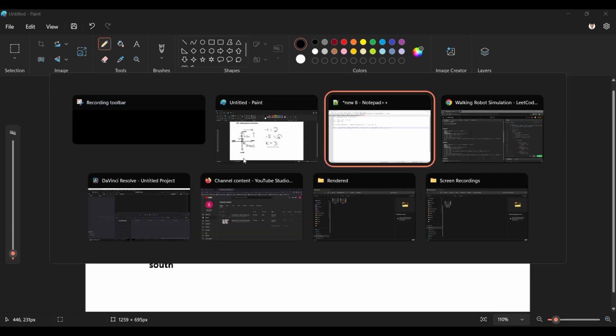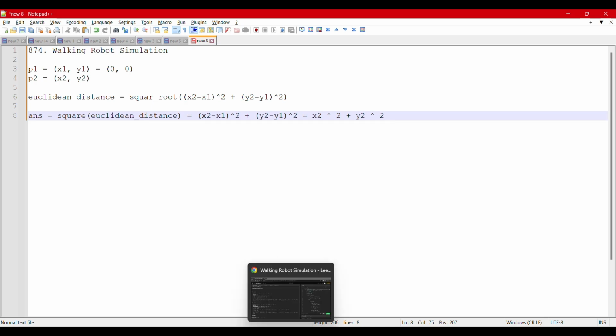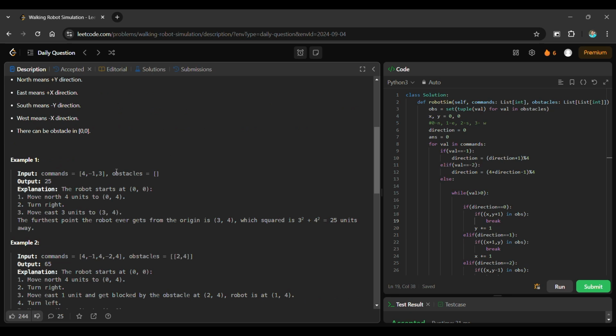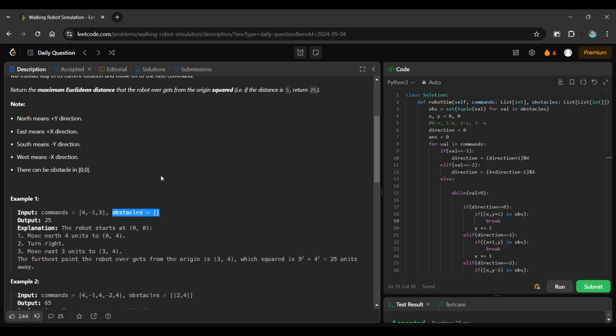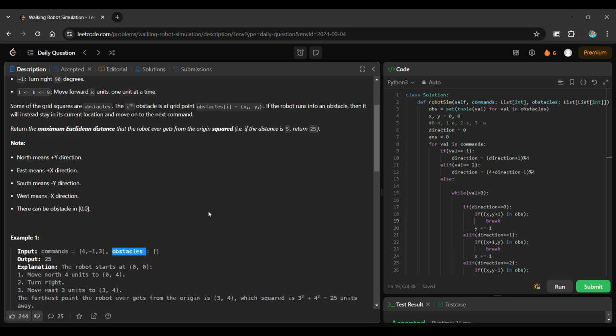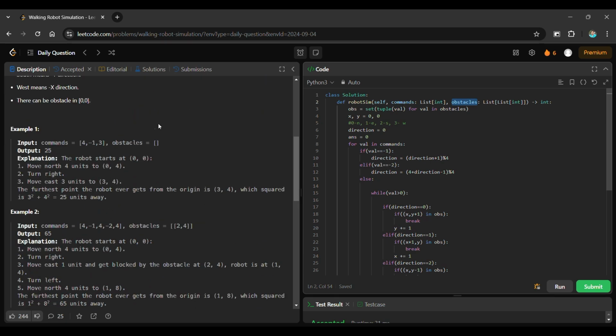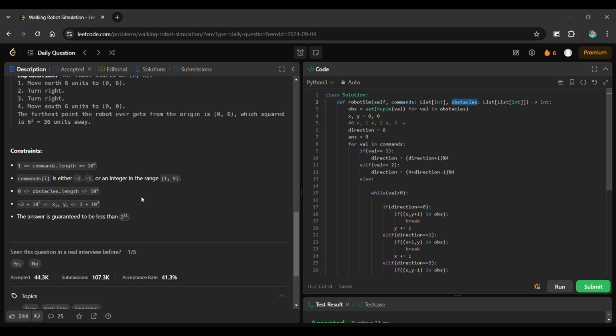So yeah, while processing, we are checking again and again whether an obstacle is present at a given coordinate. So by the code we are doing the search operation in the obstacle list many times, and the obstacles we get are in list form, so if we directly perform the search, it will take O(n) time, and we are performing this operation in total